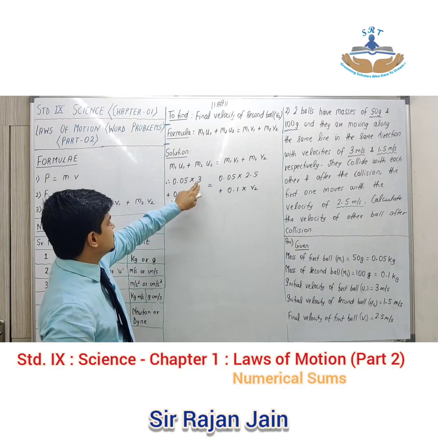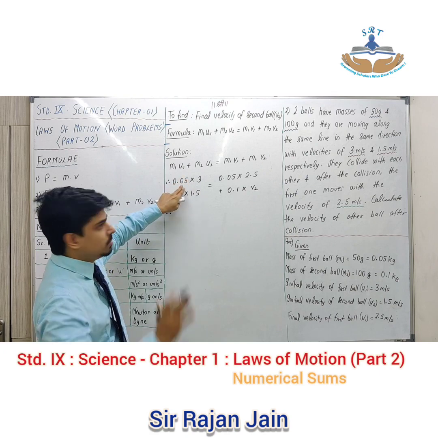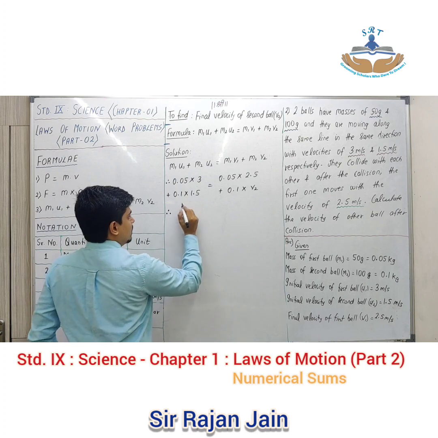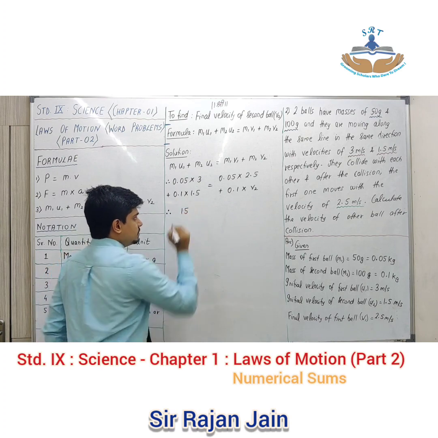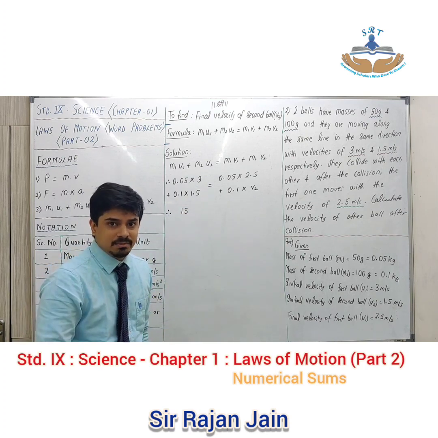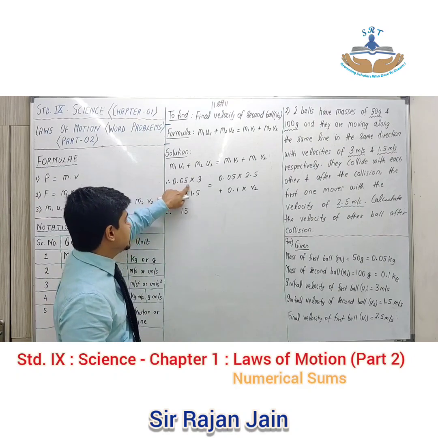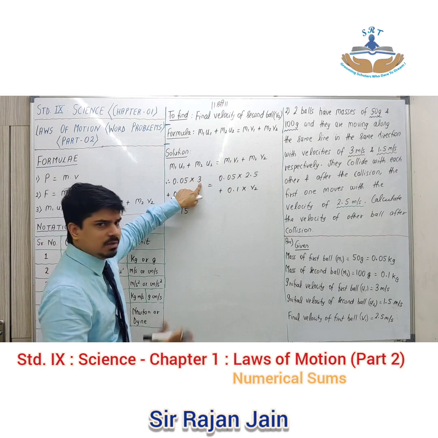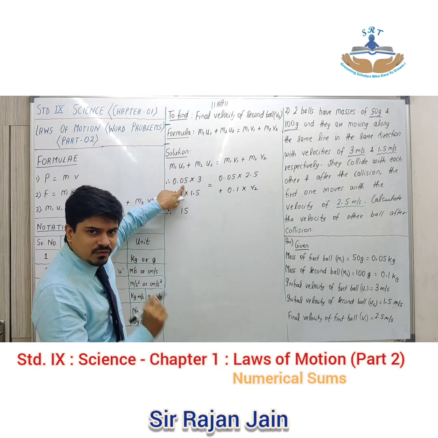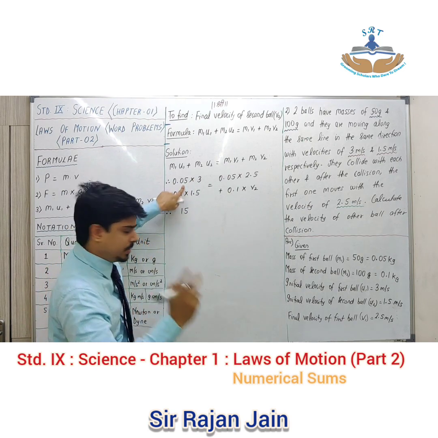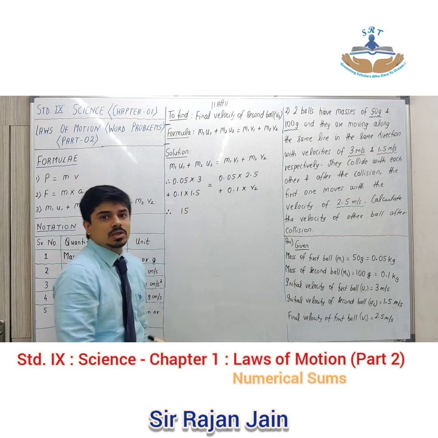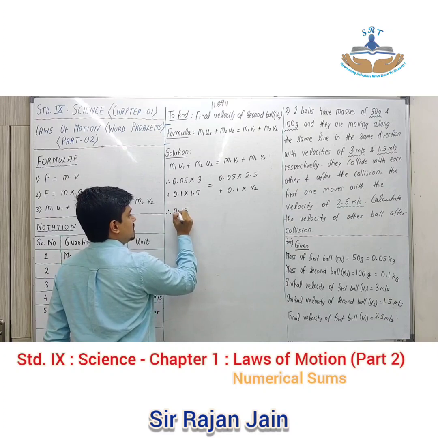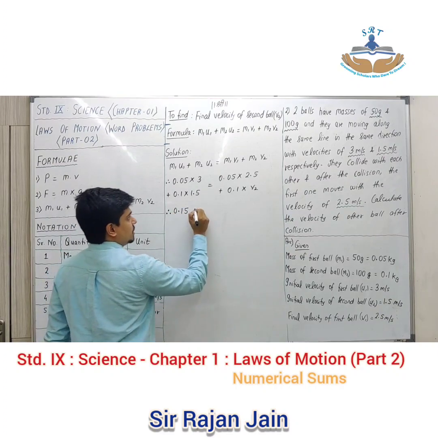If I ignore the decimal first, okay, ये पूरा number 5 हो जाएगा. 5 into 3, 5 into 3 कितना होता है? 15. तो मैंने वो 15 लिख लिया. Okay, now you see the decimal. After the decimal, how many digits are there in all over here in both the numbers together? There is no decimal over here, forget it. Over here, after the decimal, there are 2 digits. Okay, so in my answer also, after the decimal, there should be 2 digits. So it will be 0.15. There are 2 digits after the decimal.